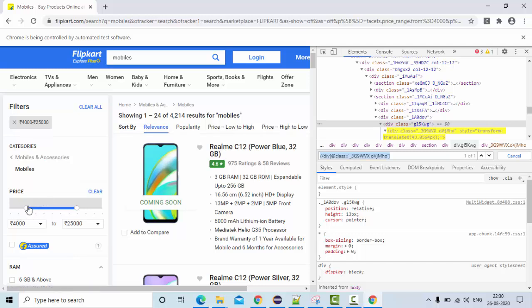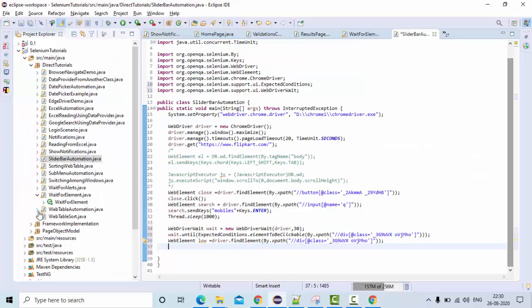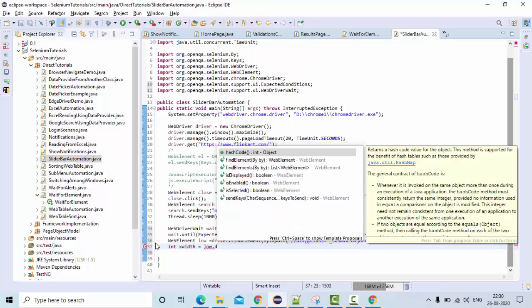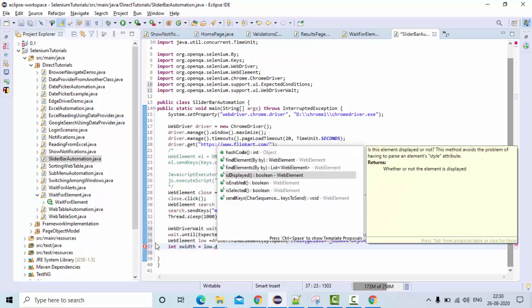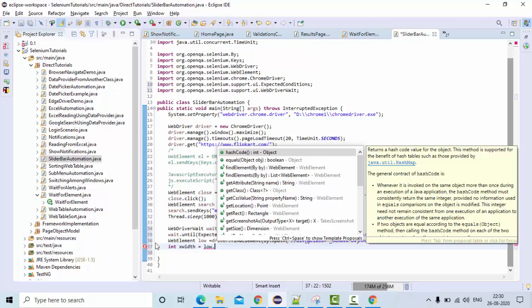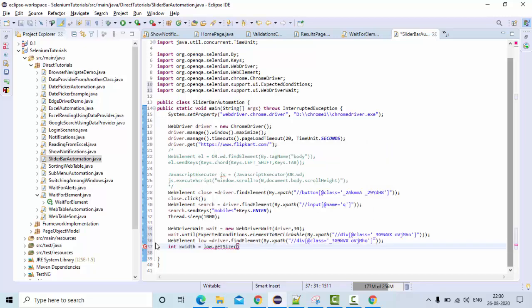Then in order to drag and drop, I need to know the width of it so that I can drag horizontally. So let's get something like width. Let's use int width here is equal to low dot getSize, then getWidth. This is my width.